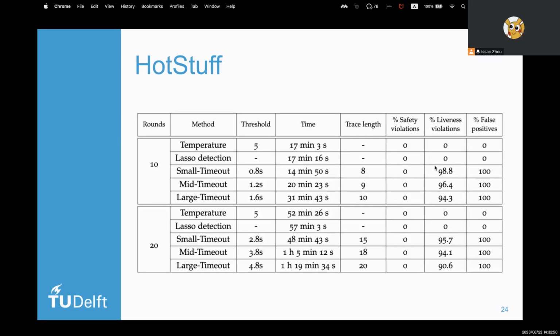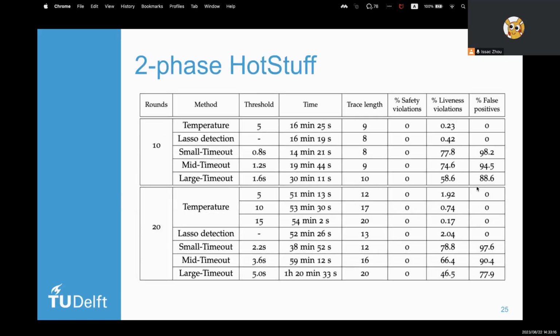We can see that the temperature and lasso-based methods did not report any violations, but our baseline reported lots of violations. We know that basic HotStuff is safe and live, so these bugs are all false positives. Similar to the results for HotStuff, we observe that time-bounded liveness checking methods produce a larger amount of false positives than lasso-based methods.